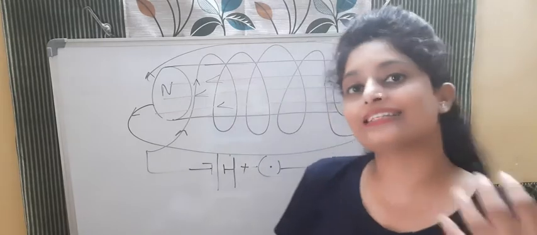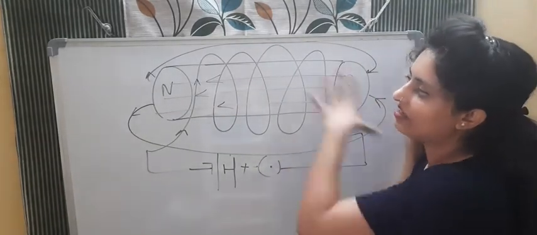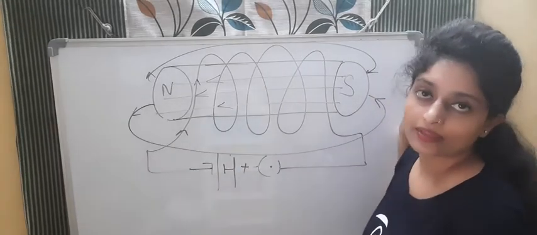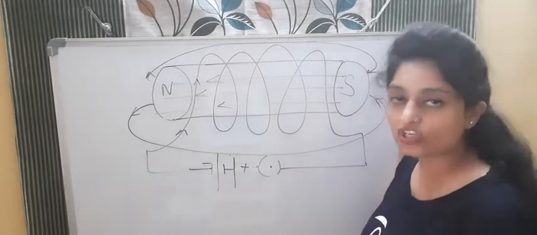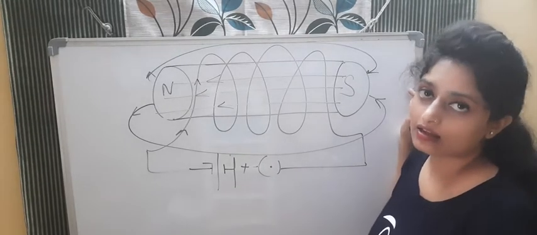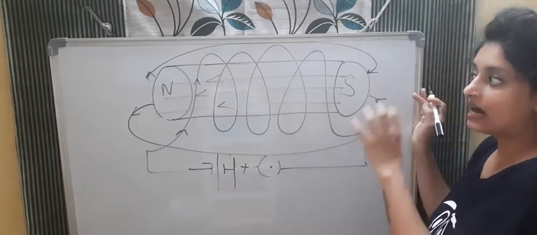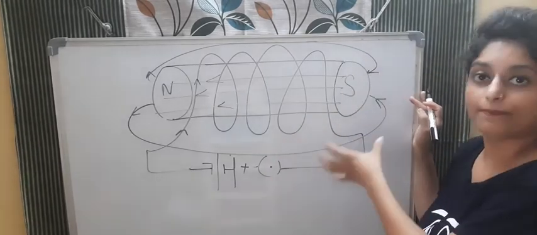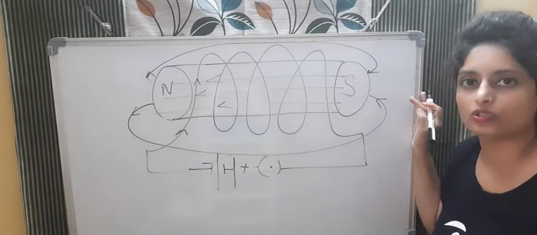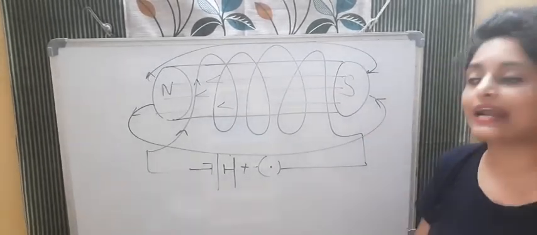Now what will be the strength of this solenoid? And see one more thing, by seeing these magnetic field lines, do you remember something? Another diagram of the same chapter that has the same kind of magnetic field lines. Yeah, that's the bar magnet. Same kind of magnetic field line. So you can say a current carrying solenoid behaves like a bar magnet also, okay? Because the bar magnet and this one have the same kind of magnetic field line.